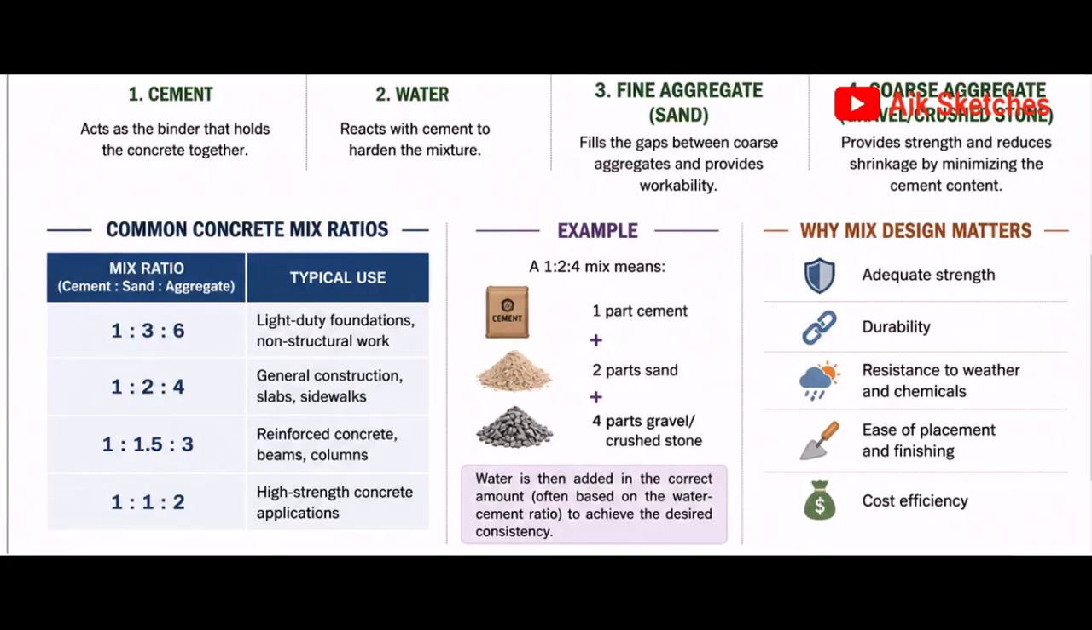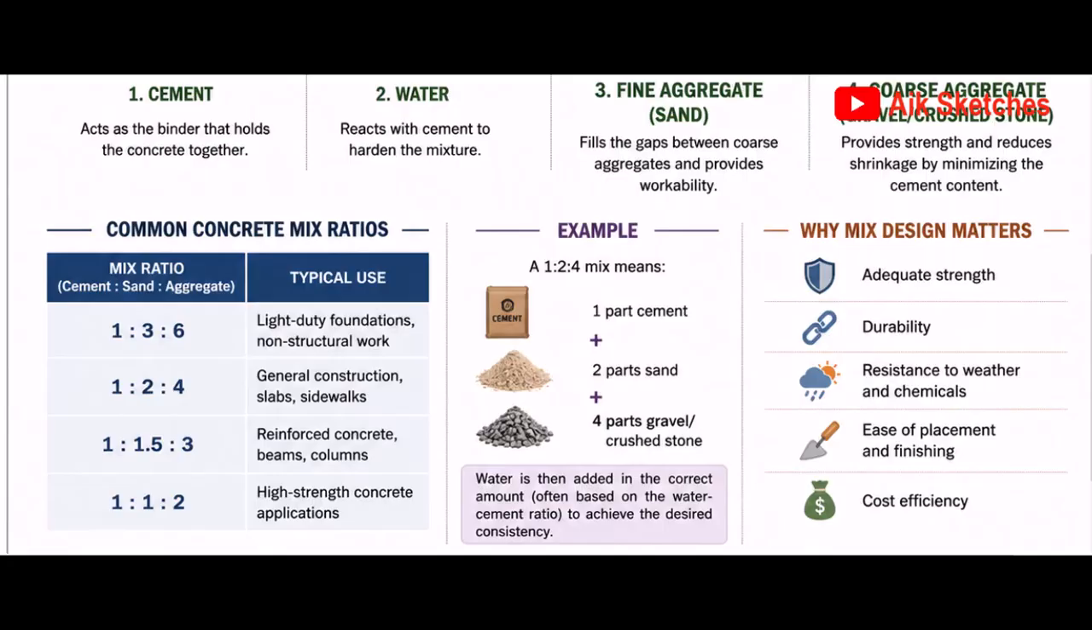For example, we have a 1:2:4 mix. It means one part for cement, two parts for sand, and four parts for gravel or crushed stone, depending on the method of measurement. If it is one headpan for cement, you use two headpan for sand and use four headpans for gravel or